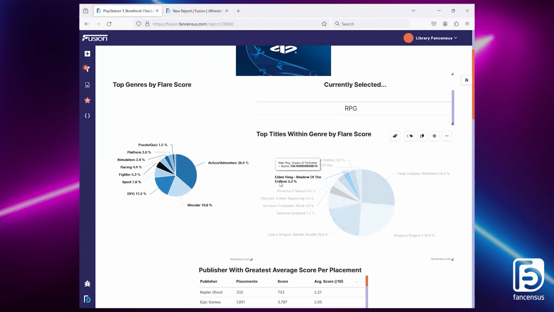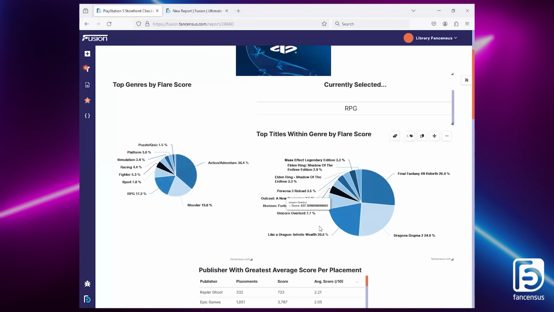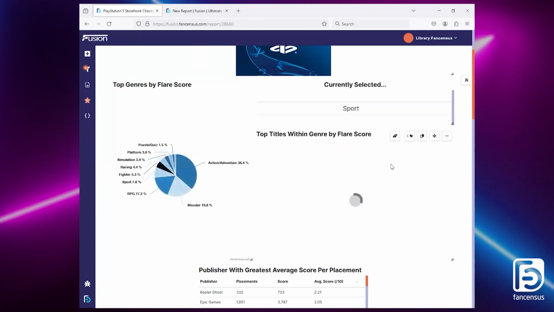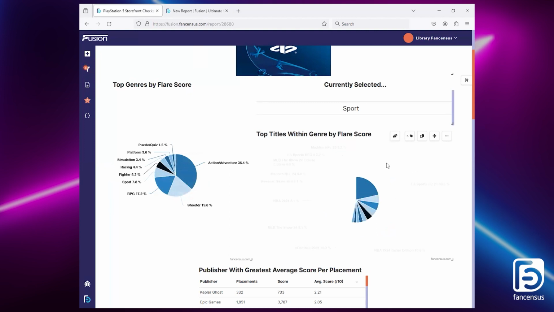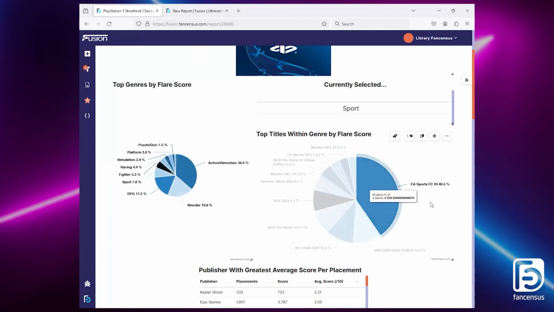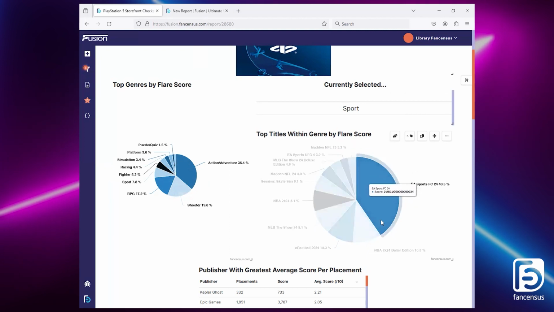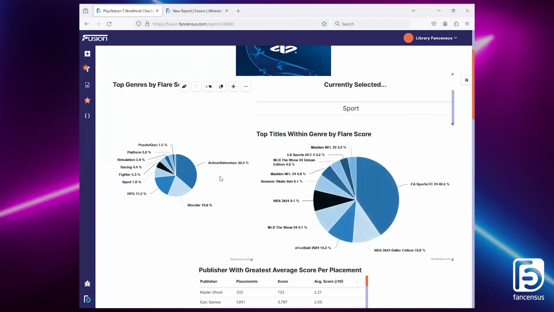On the right-hand side, meanwhile, we've actually set up what we call a parent-child link. So what I can do is I can interact with, let's say, sport by double-clicking. It's then going to refresh those 2 widgets on the right because they are children to this parent. And then it's drilling into that particular genre, in this case, sport, to see which products have got the best performing scores there. So in order to replicate that, the first step we want to do is build our left-hand